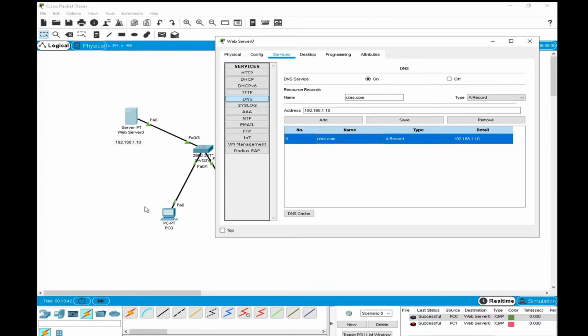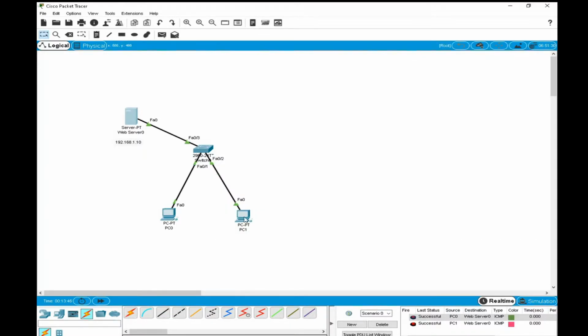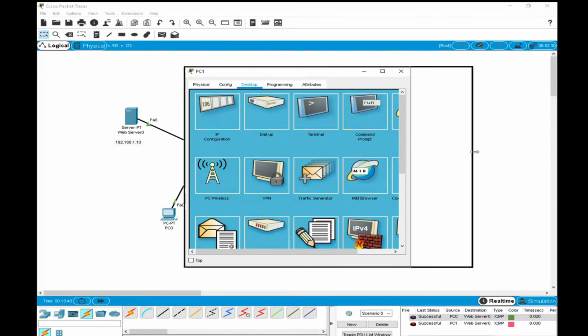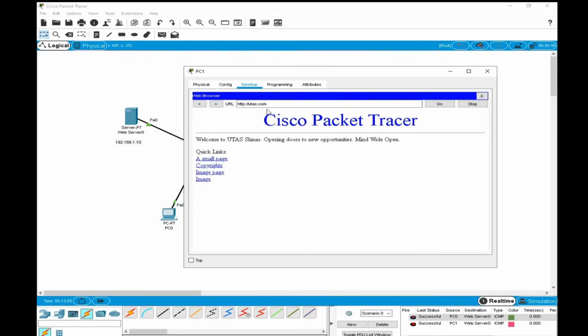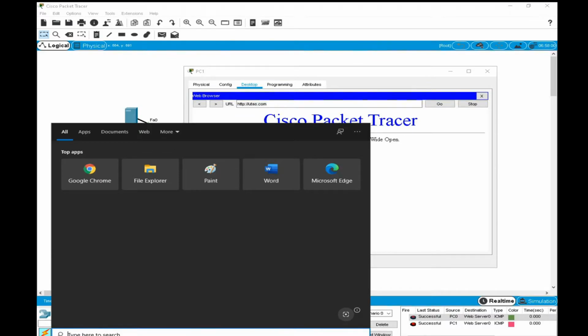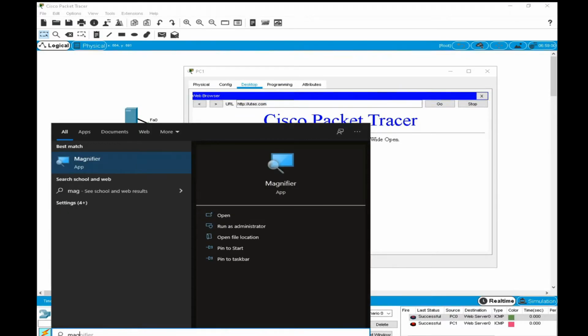Now we don't need to type the IP address, only the name. Go to the web browser and paste it here. Did we type the IP? No IP.